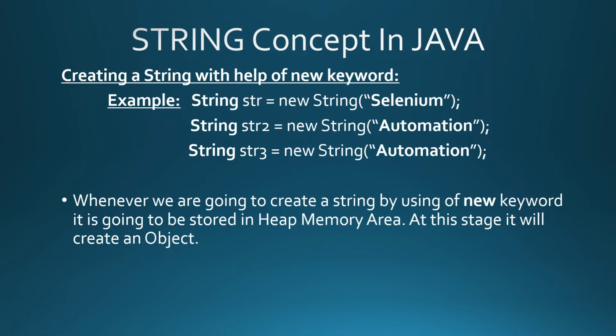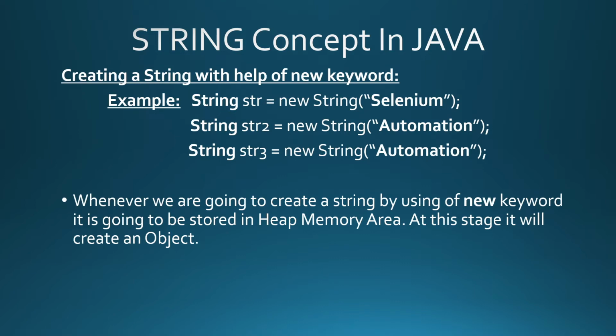Now, creating a string with the help of the new keyword. How can we create a string with the new keyword? Here you can see, String str = new String("selenium"). With the help of the new keyword, I created a string called str. Likewise, I am creating two more strings with the new keyword. Here for str2 and str3, I am using the same value, automation, and I am going to store them into some